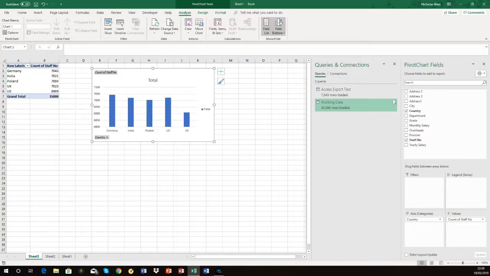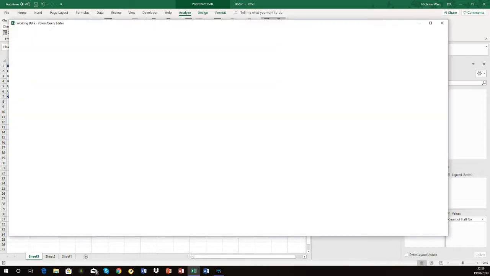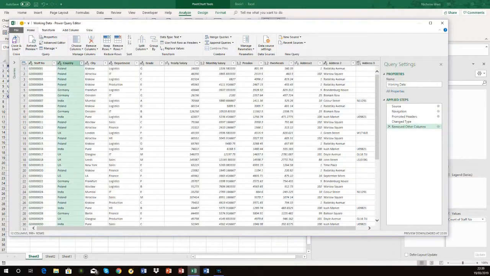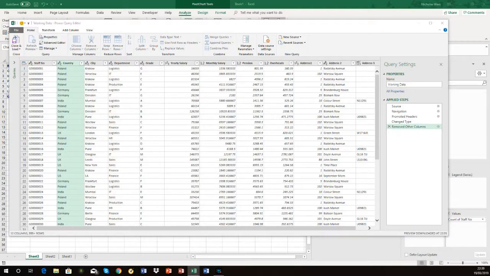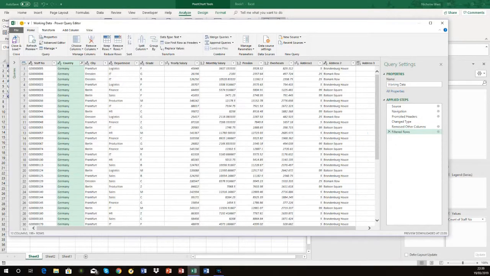Now if I go back to this query here and I go edit, and then I come back to the filters when it comes up, and I'm only going to be interested in Germany because I really like Germany, so I'm going to pick that. It'll be up in a sec. There we go. If I click OK, then now it's added another step. If I close and keep,